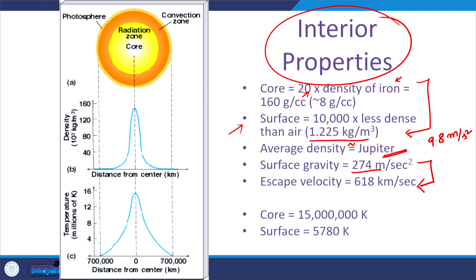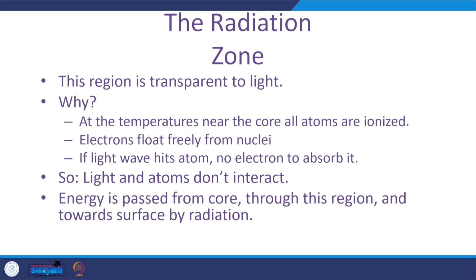Okay, and then the core temperature we already know, the surface temperature also we already saw that. So this is how the density changes from the center. It is very, very high to very, very low near the surface on either sides. And the temperature is 15.6 or 16 million Kelvin here, and by the time you reach the surface, it reaches 5800 Kelvin. Now let us look at the various zones of the sun inside first,